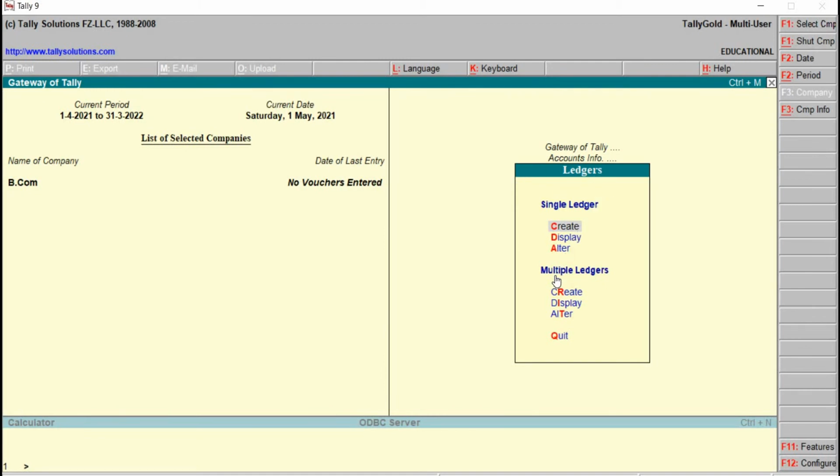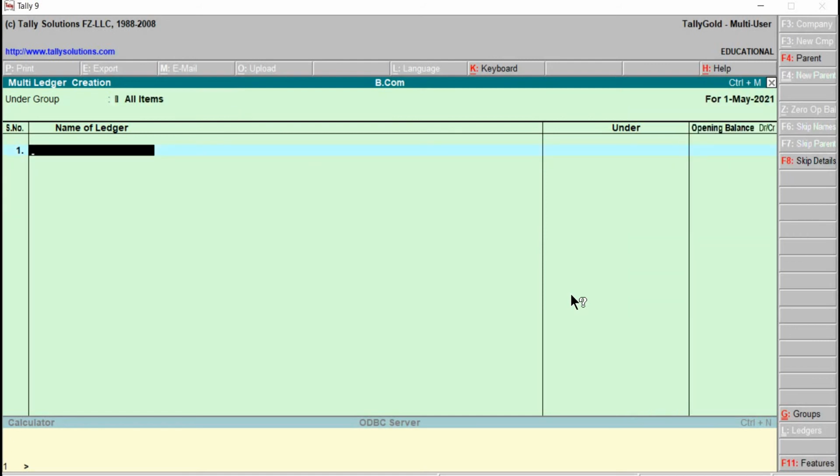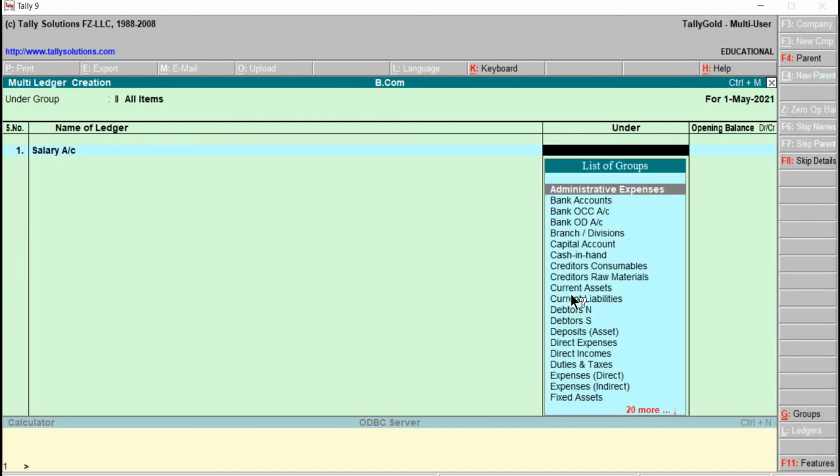Right now we will go back to multiple ledgers, then click on create or press R from the keyboard. Right, I just take here for all items. Then here I'll be taking salary account, salary which has to be paid to the staff. Under which group? This will come under indirect expenses.